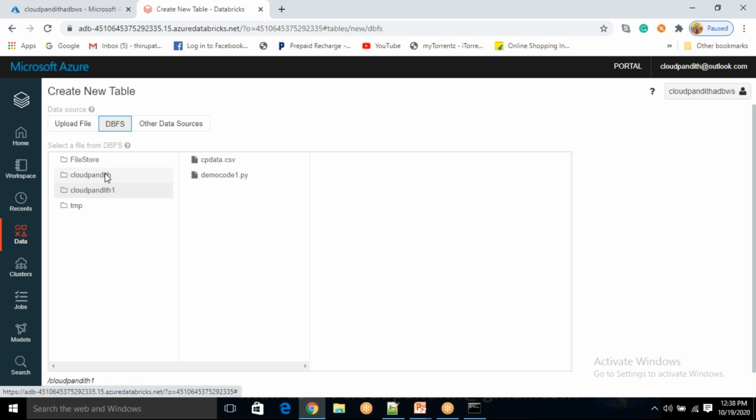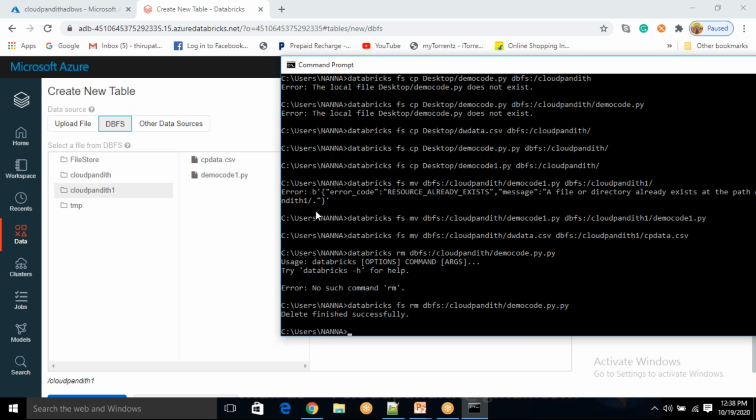Now you come here, go back to this folder. Now you will see you don't have any file in it. Now come to Cloud Pandit 1. Here you have two files. I want to read the content of these two files one by one. Now you see how to read the content of these files. You just have to say cat,